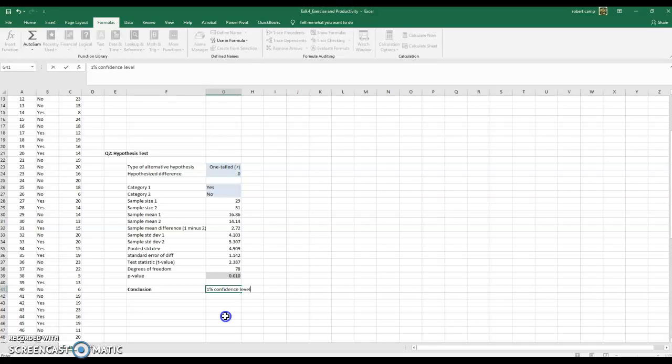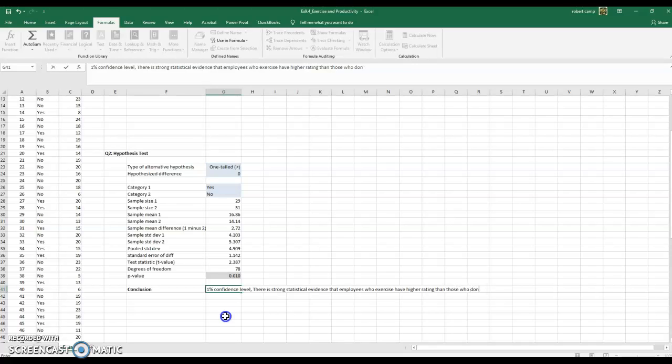That is fantastic, 0.01. That's telling me that there is strong statistical evidence that employees who exercise have higher ratings, and these ratings are productivity ratings, than those who